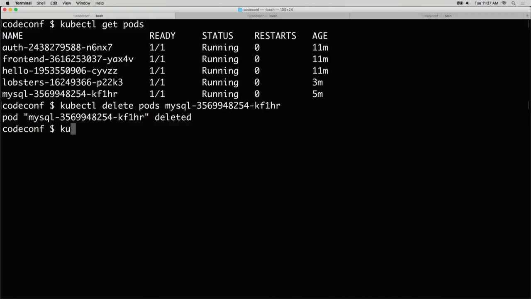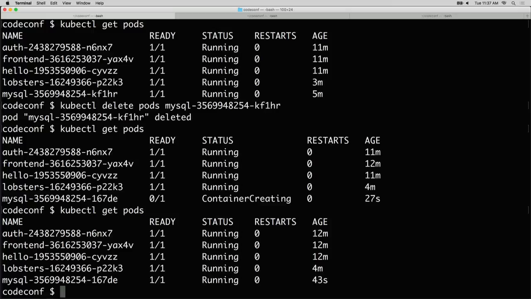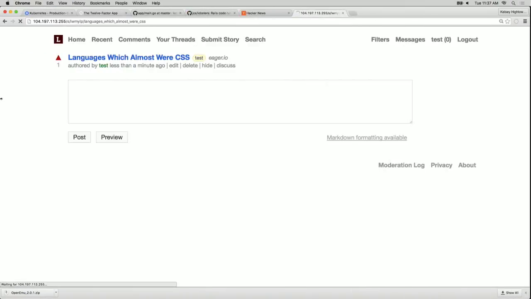And what Kubernetes will do behind the scenes for us is know that we've declared that we want MySQL always running. So it's going to pick up where it left off, take that network attached volume, schedule it to a new node, because that node may have died or maybe someone deleted it, but no one changed the requirement that it needs to be running. So what it will do is recreate our database, and we're back where we left off, okay? So now our data store should be in good shape. It should be back in good shape.